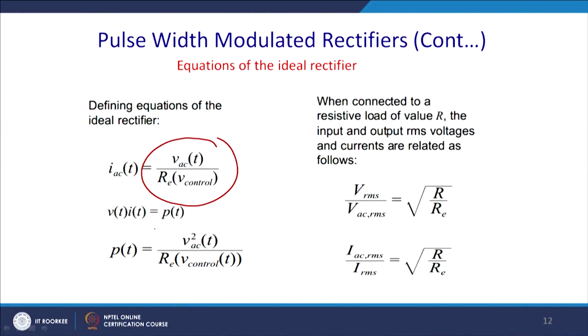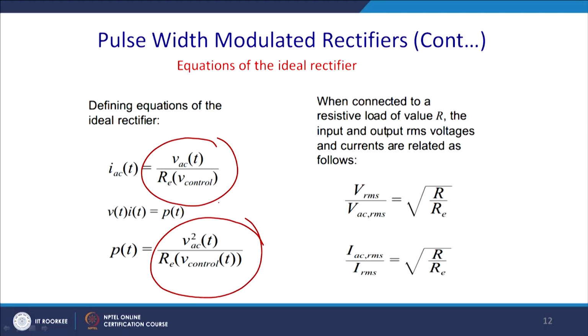So, what happens here? AC by Re control, so that will be the actual current flowing through the AC part of the circuit. Not trapezoidal, not a square wave kind, it will be a pure sinusoidal, that is what we aspire to have. And thereafter the power is simply the multiplication of V and I, thus you get a real power without any imaginary part; all the ripple components come from the harmonics. So, thus we defined the power Vac square by Re, where Re is voltage controlled.